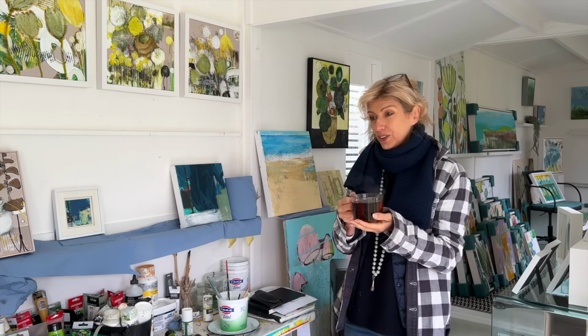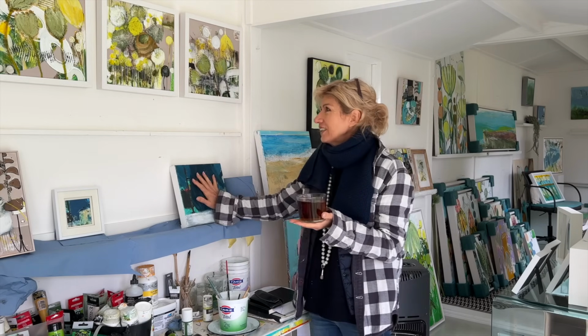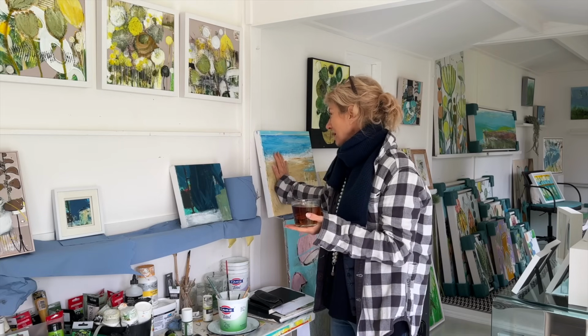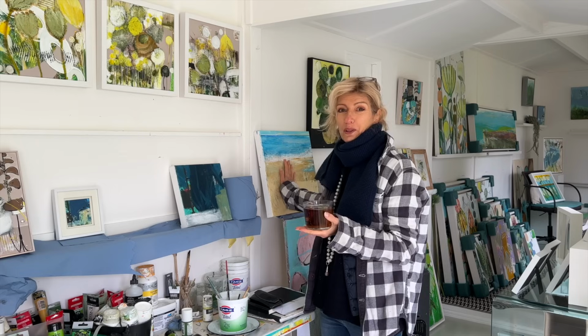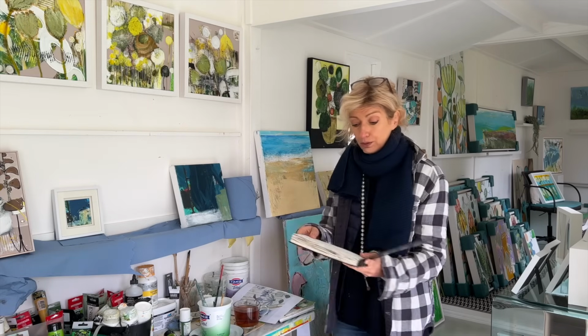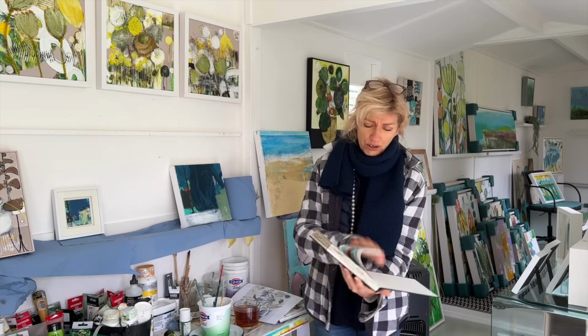Morning. Lots of thoughts this morning. I was trying to organise in my mind what I'm enjoying doing at the moment. I'm enjoying doing my little abstract piece. I'm absolutely in love with boats and beach paintings. And last night I went back in to our photograph,